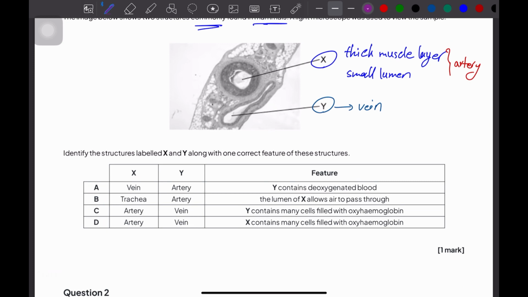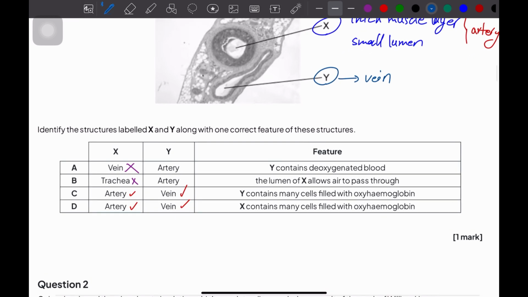X vein? No, okay, this is not true. X is not trachea, because the trachea is a structure, the windpipe, that goes down to the lung. Number C: X is artery, okay, X is artery, Y is vein, but the blood in the artery and vein